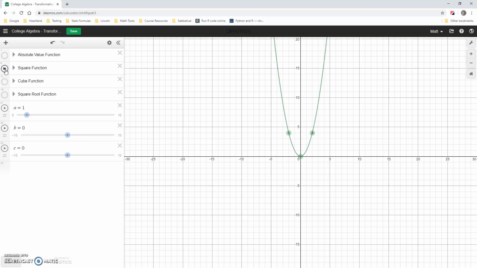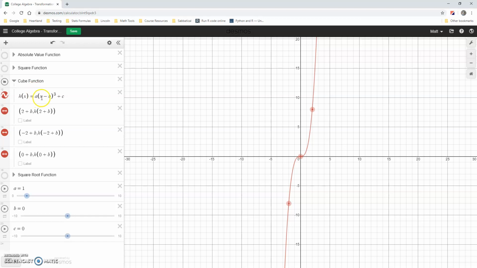So for instance, if we consider the square function or the cube function, now what we're considering is a times the quantity x minus b cubed plus c. We're going to see the same behavior. As we adjust b, the entire graph is going to slide to the right. As b gets smaller, we're going to see the entire graph slide to the left. Taking that back to 0, we can look at our value for c. As that value gets larger, our graph is going to shift vertically. As it gets smaller, it's going to shift vertically in the negative direction,